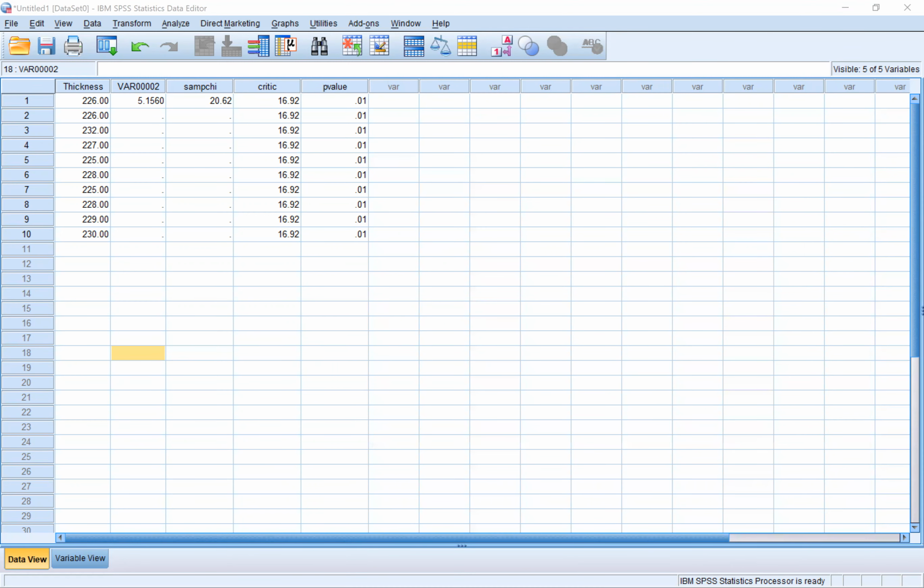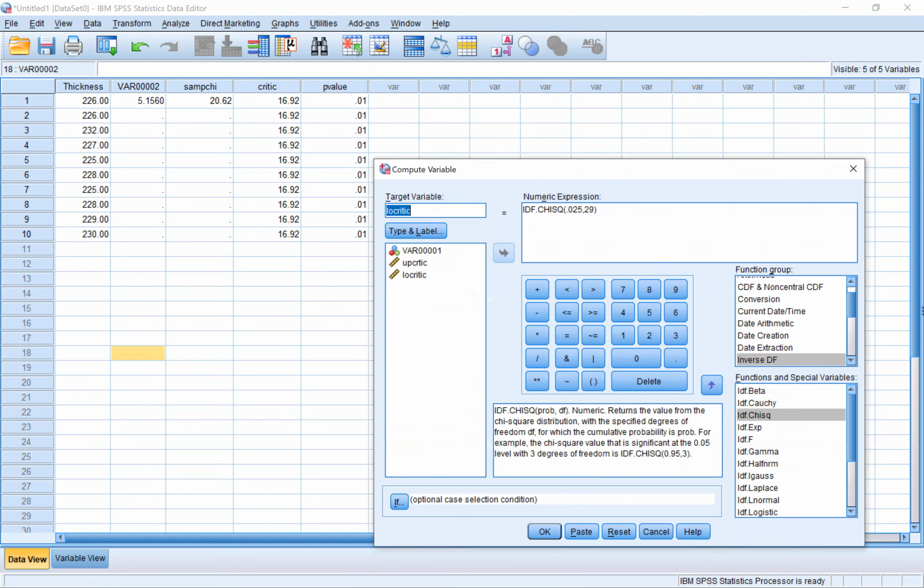And I get 16.05 and 45.72. These are the chi-square values. I have to compare them with what I got in the sample. So the sample chi-square value